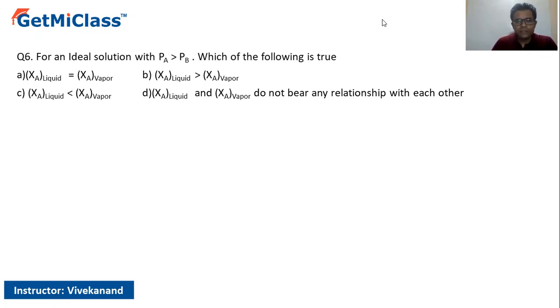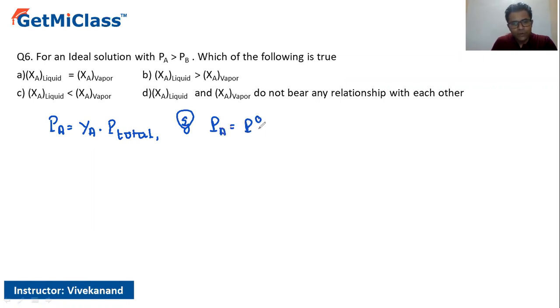Well, in this entire scenario, if we take into consideration a basic thing such as PA is equal to YA into P total. Let's take this. This is our expression, right? And we also know that PA is equal to P naught of A into chi A. Let's say this one. Okay, so here, from this particular expression, YA is going to be